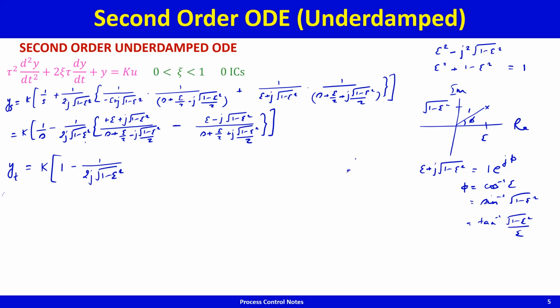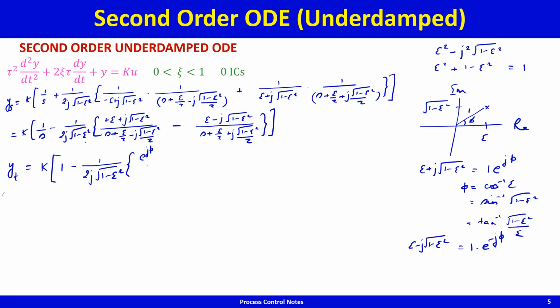Alright, if that is this number, then the other number which is here, this chap, is just a complex conjugate, and therefore all you do is 1 times e to the power minus j phi. Yeah, and so we will have, put in your curly brackets, e to the power j phi